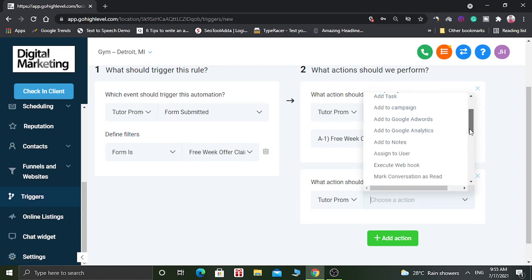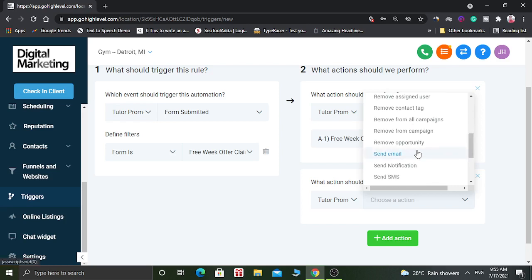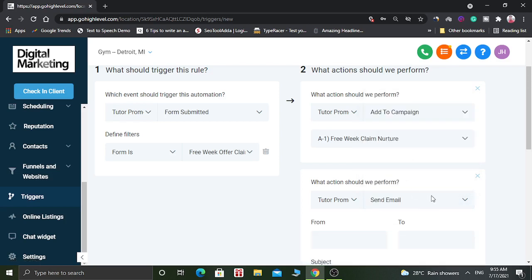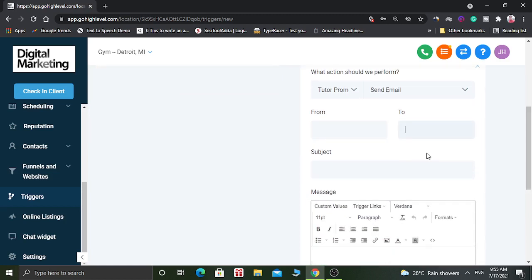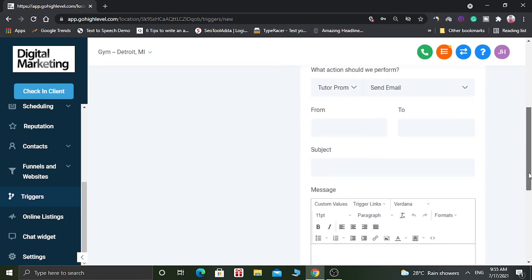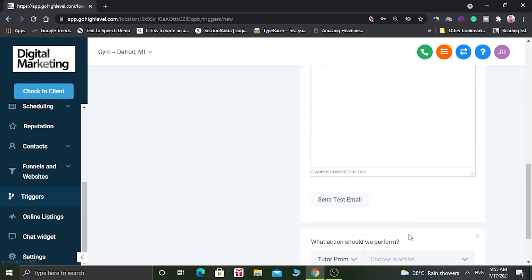The second action we can do is send an email. You have to give the from email ID, to email ID, subject, and the message. In this way, you can add multiple actions.